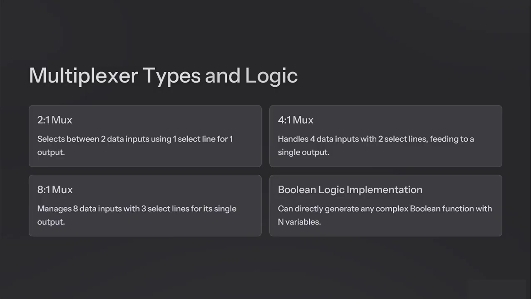Handles four data inputs with two select lines, feeding to a single output. 8-to-1 MUX is also a type of multiplexer which manages 8 data inputs with 3 select lines for a single output. Boolean logic implementation can directly generate a complex Boolean function